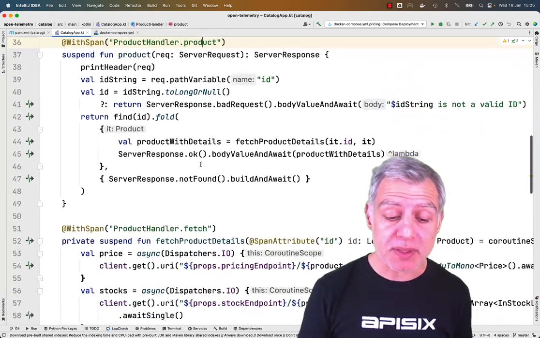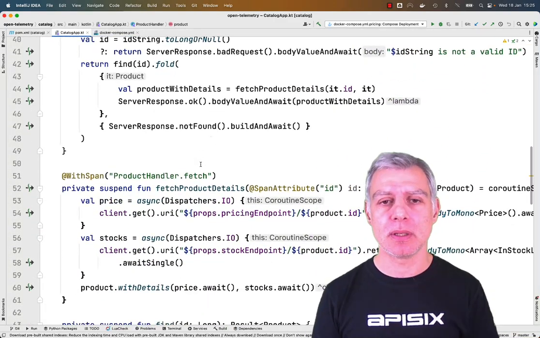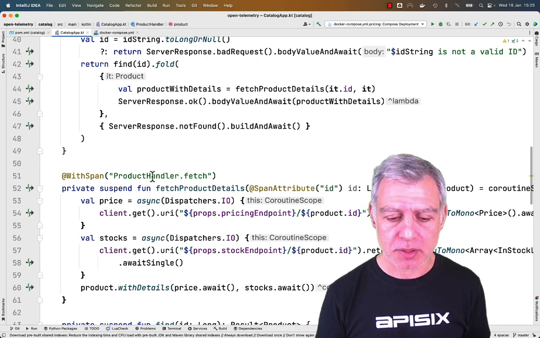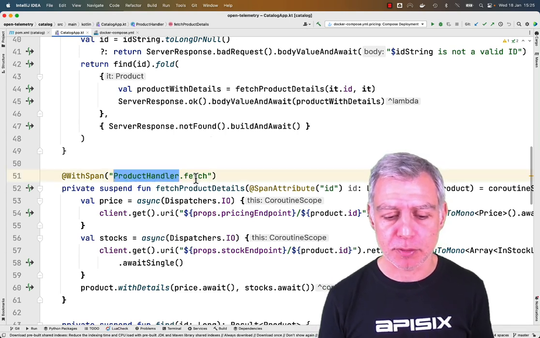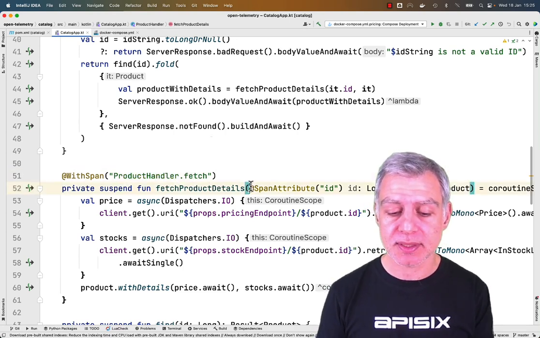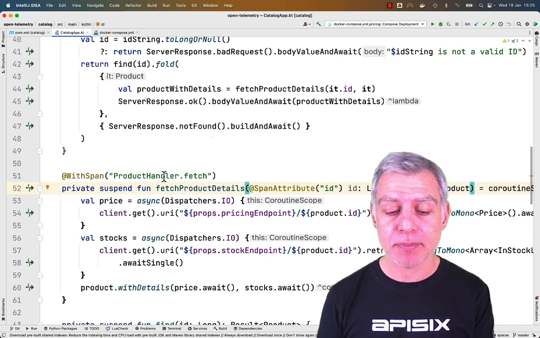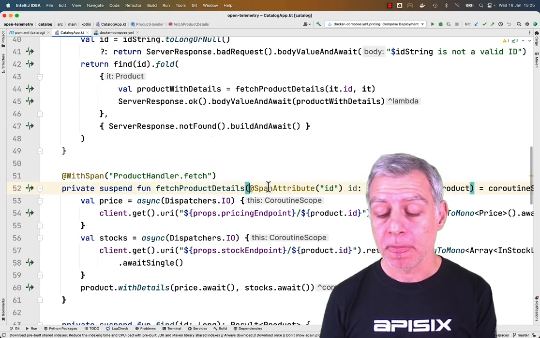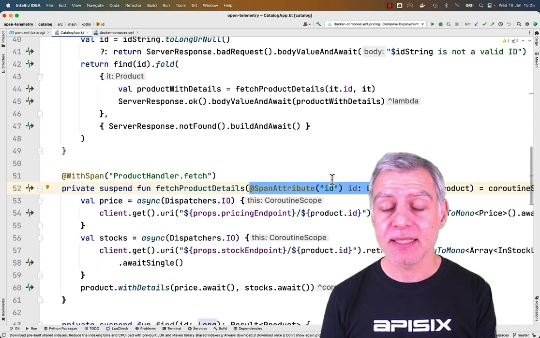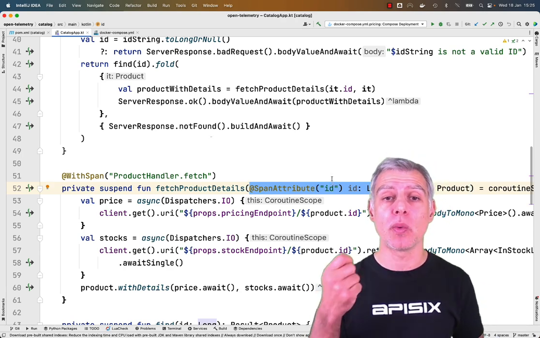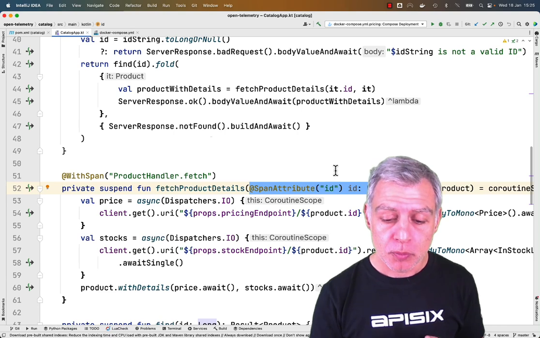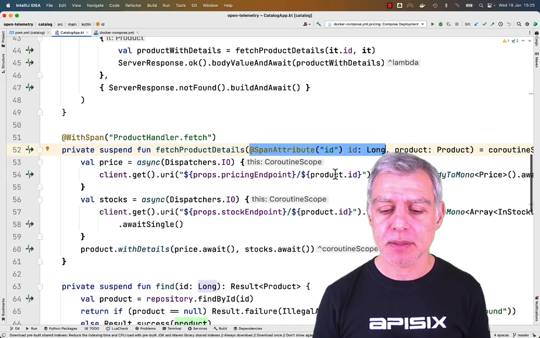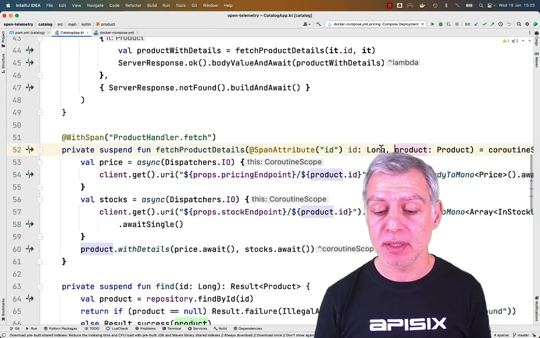But it's also possible to use additional details. So for example, here I will have this product handler fetch, but I also say, hey, not only capture this call, capture this ID. So which product ID will I fetch? Which means that here it's interesting because normally I shouldn't need it.